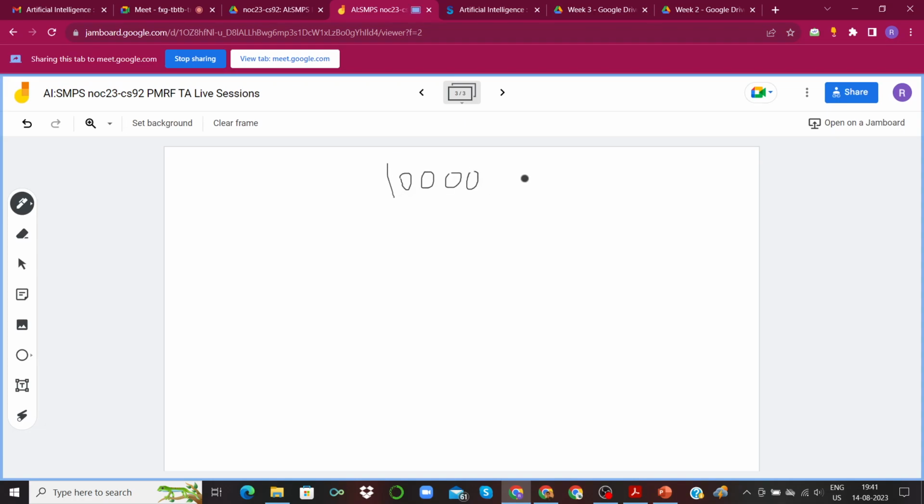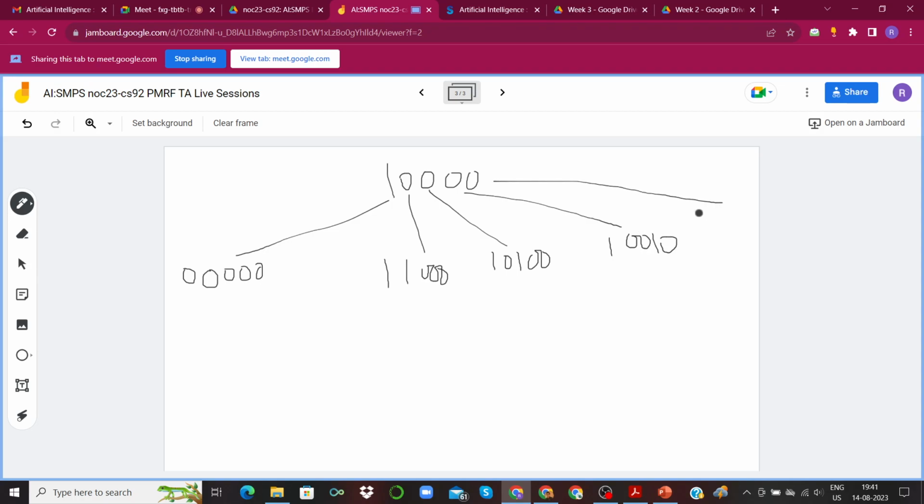If we flip each bit of this particular 5-digit number, if we flip the first bit, we would have 5 zeros, right? If we flip the second bit, we would have 1 1 and then 3 zeros. If we flip the third bit, we would have 1 0 1 0 0. If we flip the fourth bit, we would have 1 0 0 1 0. And if we flip the fifth bit, it would be 1 0 0 0 1. So these are the possible states that we could go to from this particular state by flipping one bit at a time.